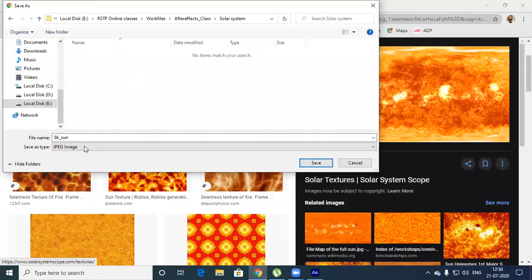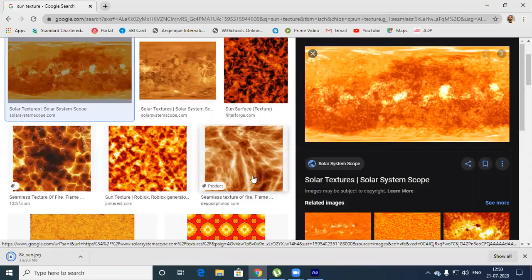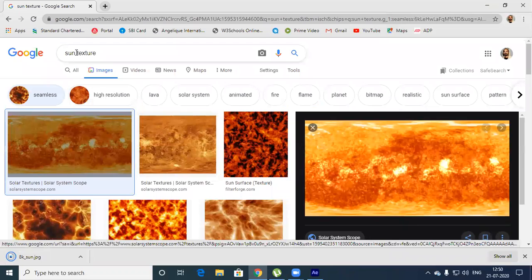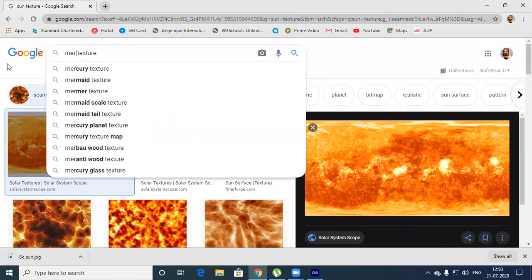Solar system. So this is the sun. I'll save this. Similarly, after the sun, I'll take Mercury. You have to take Mercury texture maps.